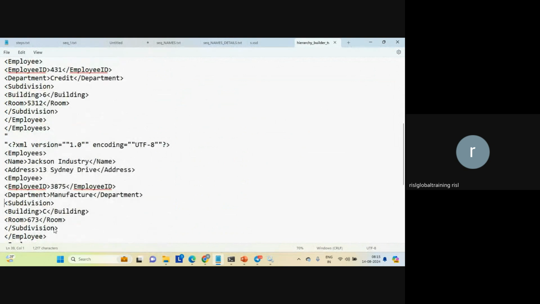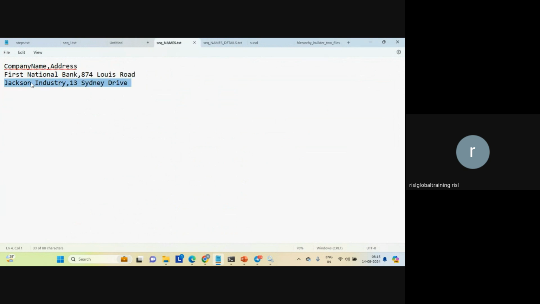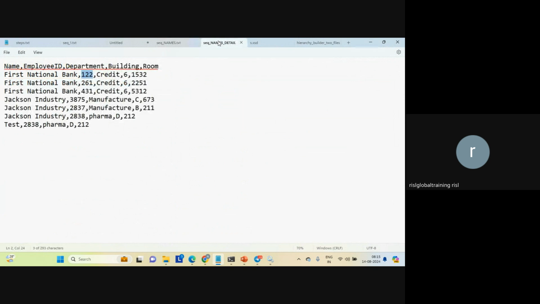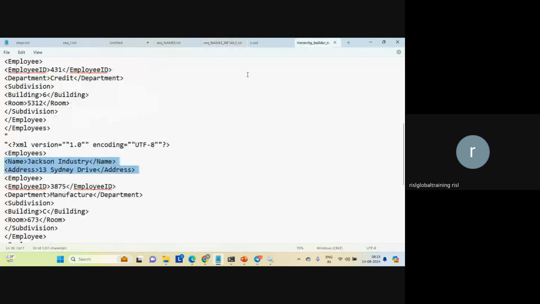Next, the second row starts from here. Employees is a root element, right? Jackson Industry and address. That's it. Next, we can see which employees are associated to this particular